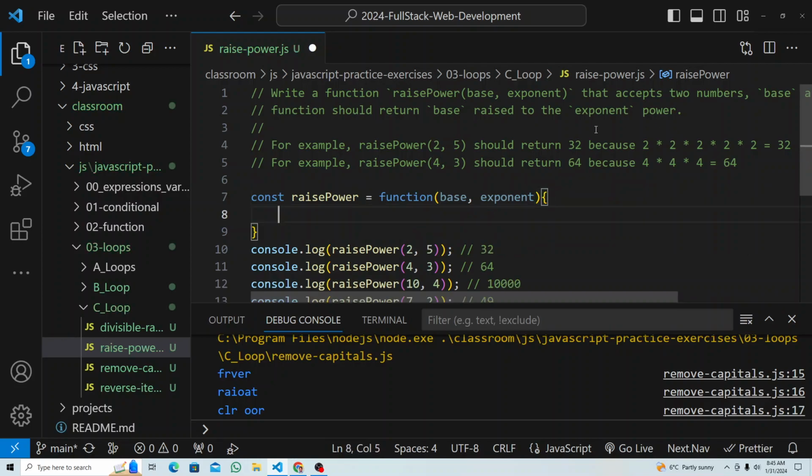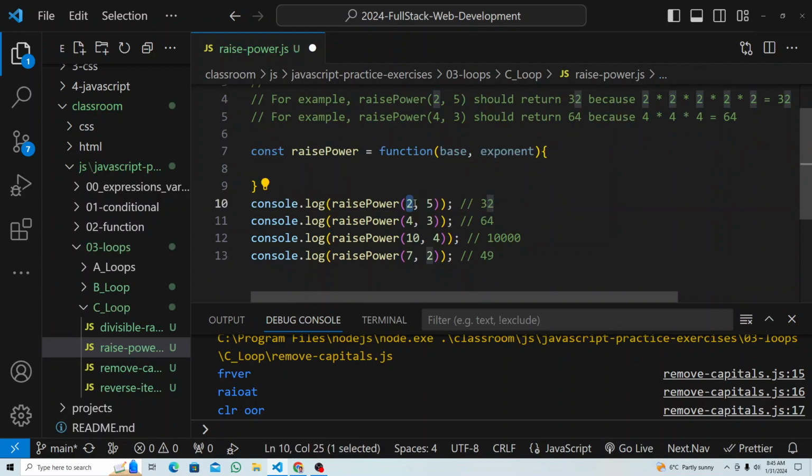So what we have to do is, let's say base is 2. So base multiply exponent times, okay? Times means 2 into 2 into 2, 5 times, like this. And whatever answer you get, you should return, right? So how are you going to multiply 2, 5 times? That means this exponent times we have to run the loop,